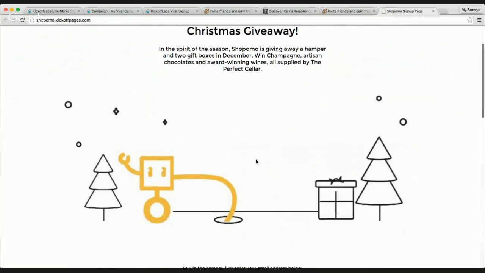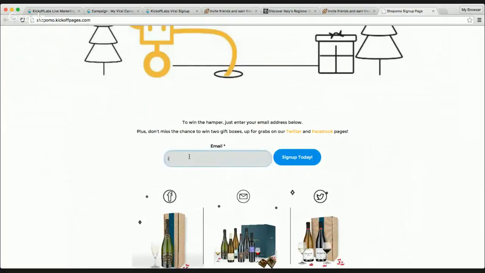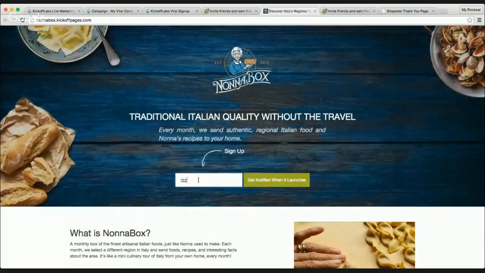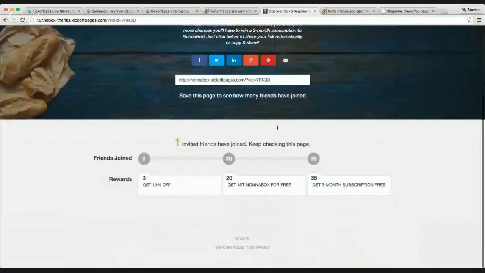This is like a Christmas giveaway that another customer set up. I believe this is a custom page, but it's still a nice looking page. Very basic, very actionable. So get 3 extra friends by sharing. Boom. Take a look at another quick page, another customer page. Nice. So you kind of get the idea of how easy it is to build these kinds of campaigns. Well, actually, you don't see how easy it is yet, but you're seeing that you could build these actual campaigns, and we're going to be going through those.